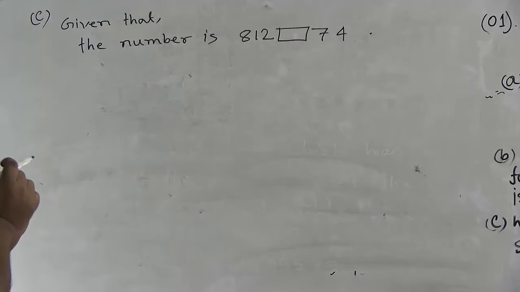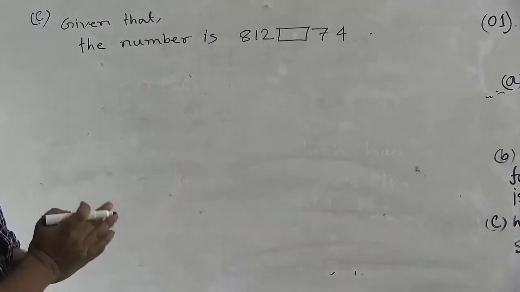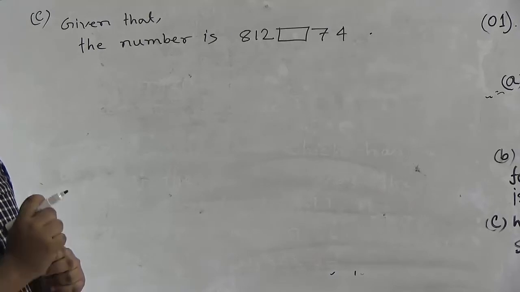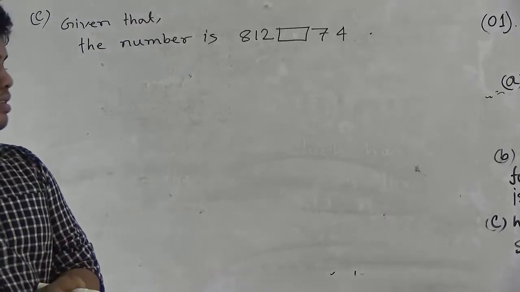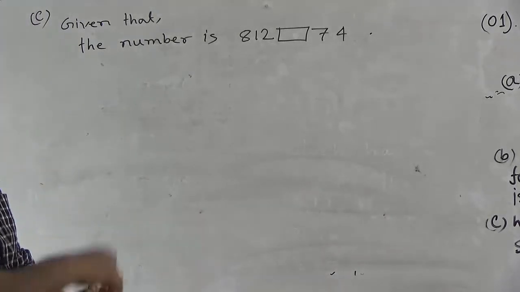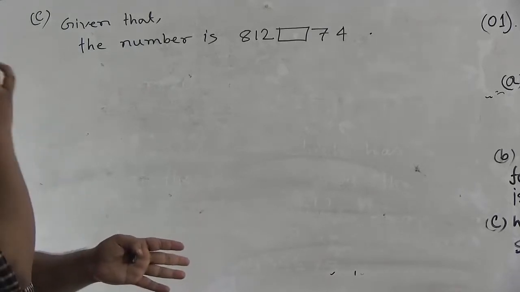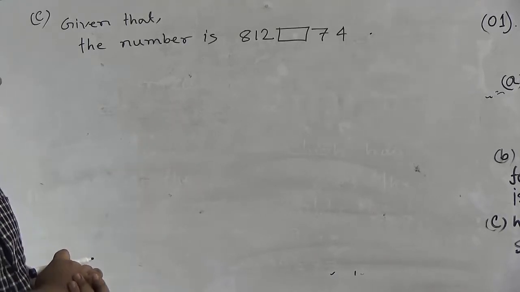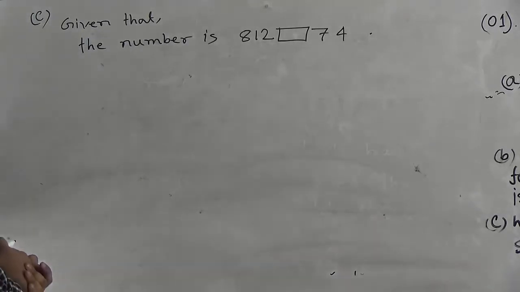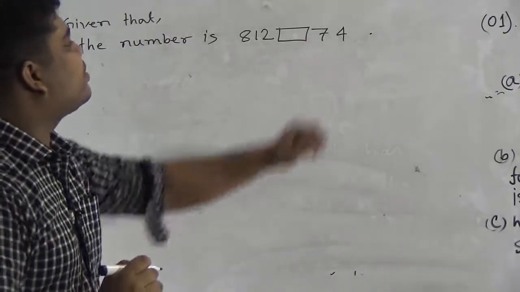At first, we want to know which number is divisible by 9. A number is given, so how can we state that the number is divisible by 9? At first, we add the digits of the given number. Then we shall say whether that number is divisible by 9 or not. If the sum of the digits is divisible by 9, that number will be divisible by 9. But if the sum of the digits is not divisible by 9, then that number cannot be divisible by 9. So here, 81274. At first we add the digits of this number.